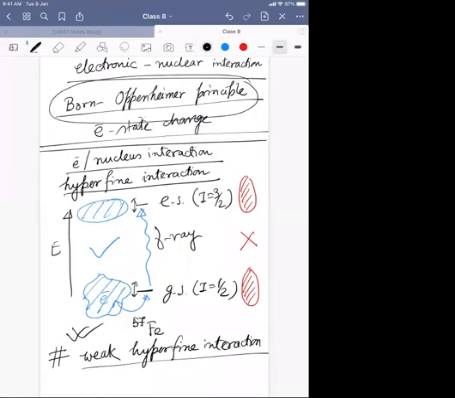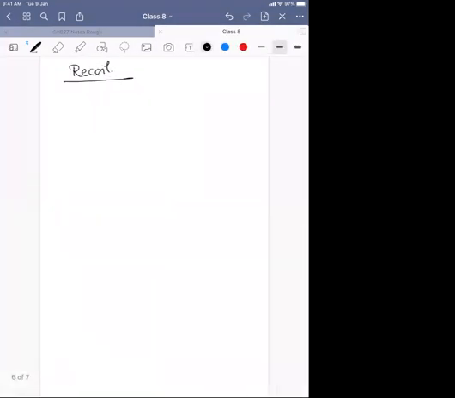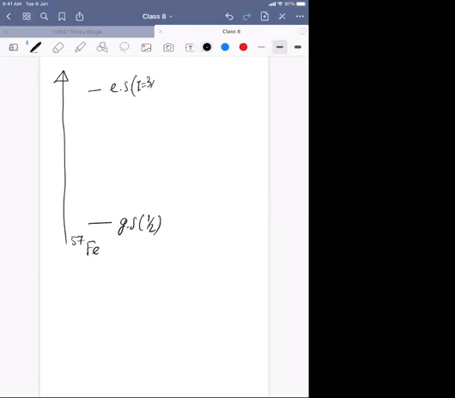So let me draw that one more time to clarify. Over here, say I am changing two states. So there are two iron 57 systems. One is a ground state of I equal to half, and one is an excited state of I equal to 3/2. I should have written I equal to 3/2 and I equal to half over there.